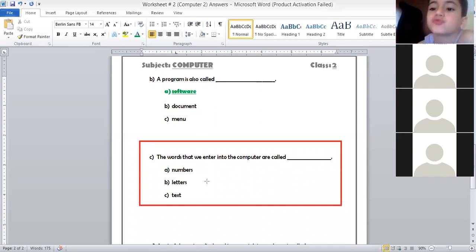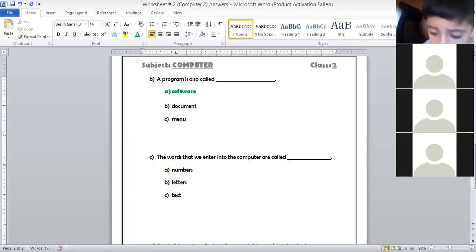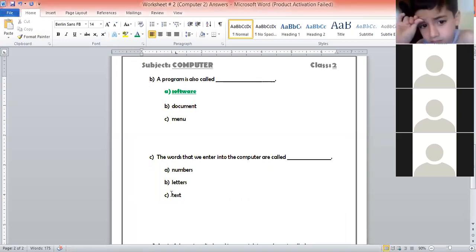Ali Nizar, Mishari, Mohammad Farooq, Monthar, all these guys sent the correct answer for this one. Excellent. All the names which I took earlier, Amgad Muhammad, Saud, Suleiman Saleh, all these guys already sent it. Mehraj, all these guys. So the right answer is text. It's text. Okay. So the answer is there.